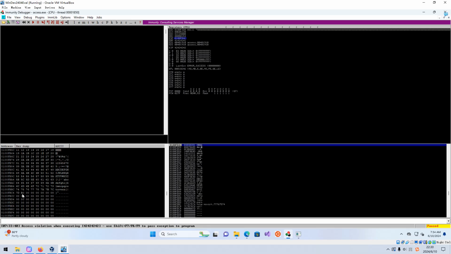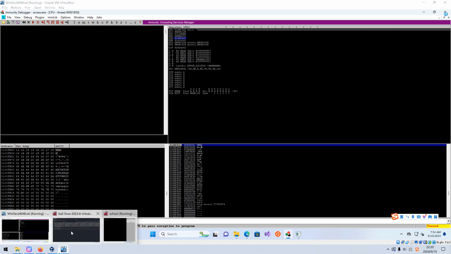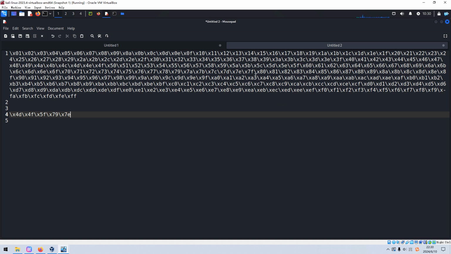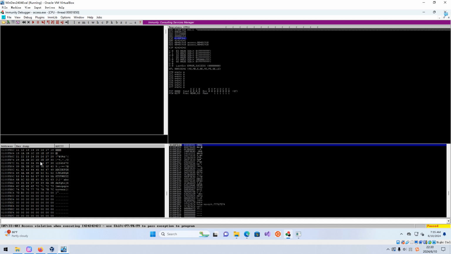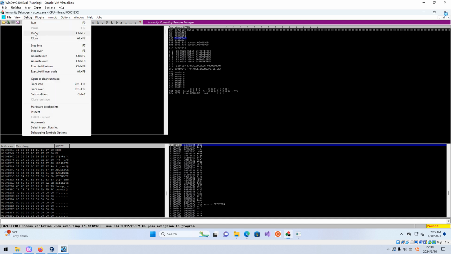So maybe 7F is also a bad character. We can copy it, and we need to remove it from our payload. Okay, and then save. We need to rerun it.